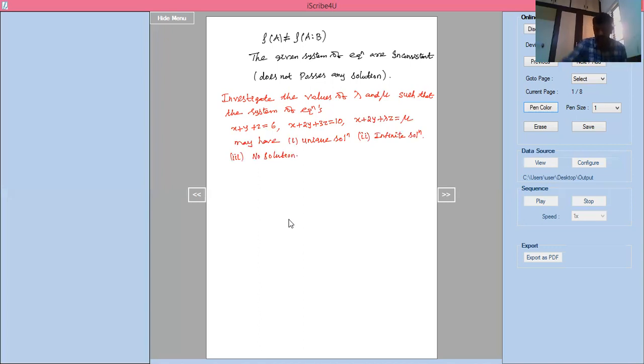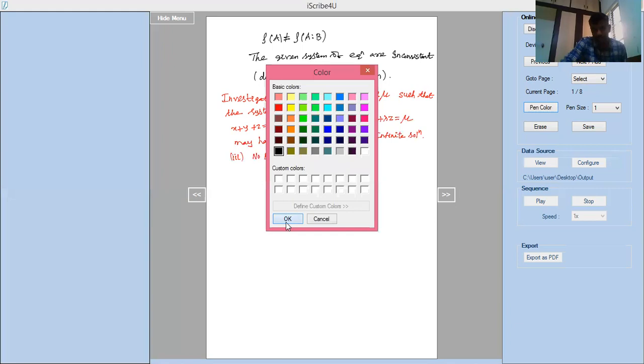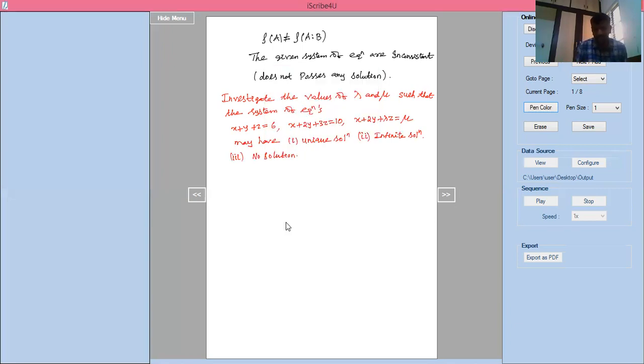How do you simplify this? The same way you have done in previous cases, like that only we are going to simplify this. But here lambda and mu, two constants, are given. Then I can write the system of equations in the form of A|B, that is 1, 1, 1 | 6, 1, 2, 3 | 10, 1, 2, lambda | mu. So this is R1, R2, R3.